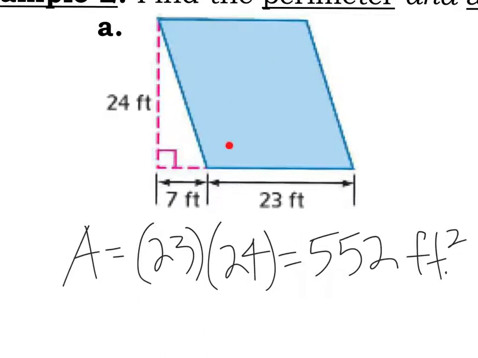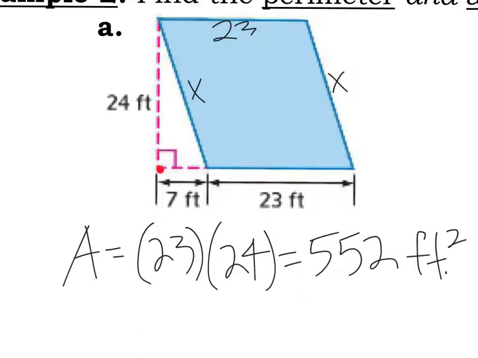Turning my attention back to this, I do not know enough information to figure out the perimeter. All I know is this is 23, so I can conclude that the top is 23 as well, but I do not know my sides. So I could put 23 here, and then I'm going to put an X here and an X there. And since I do know that the height is 24, and I know the distance right here is 7, this